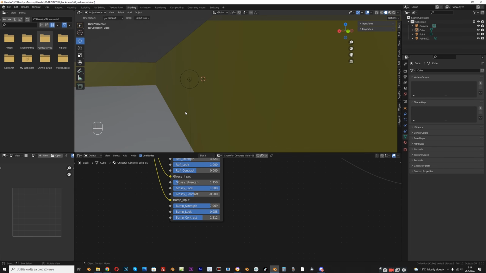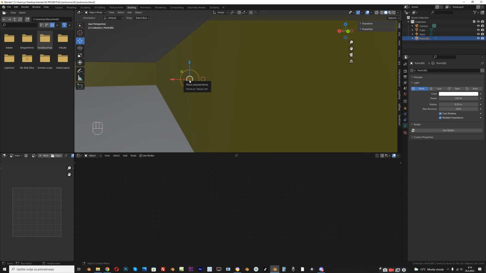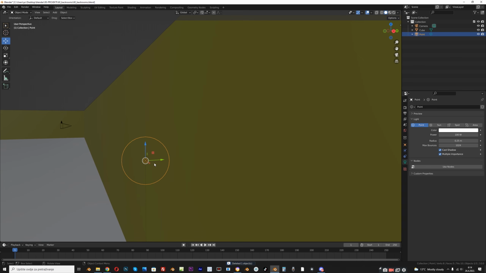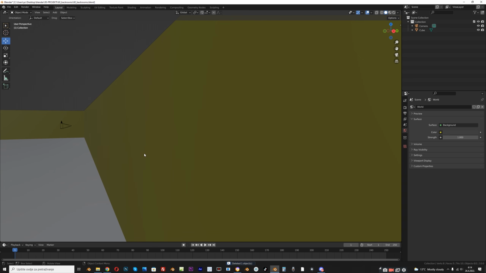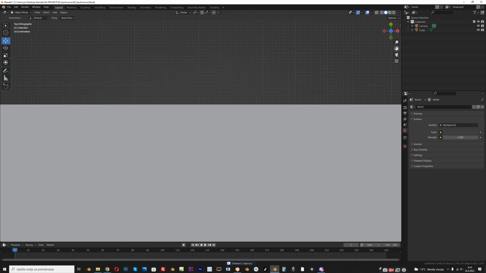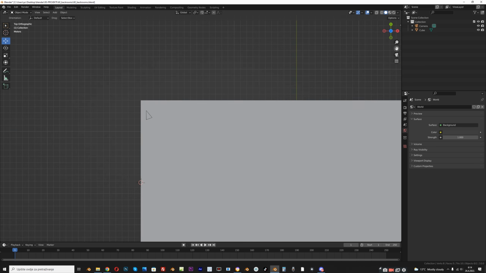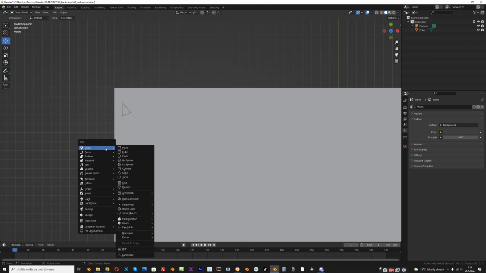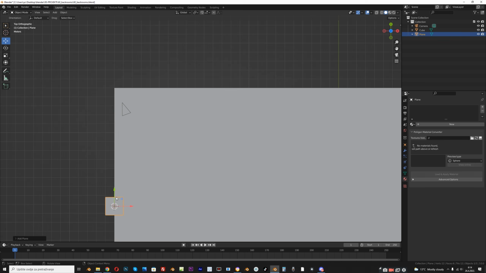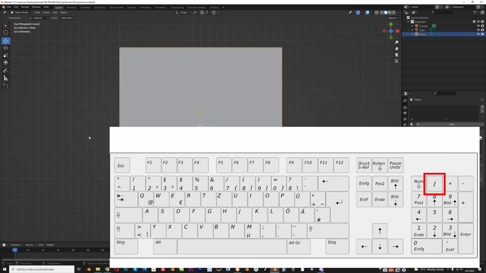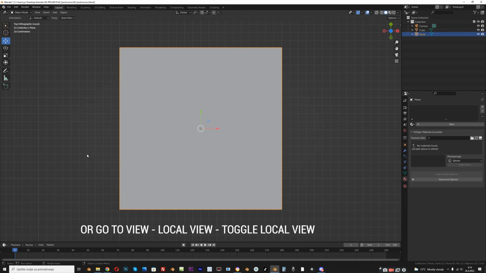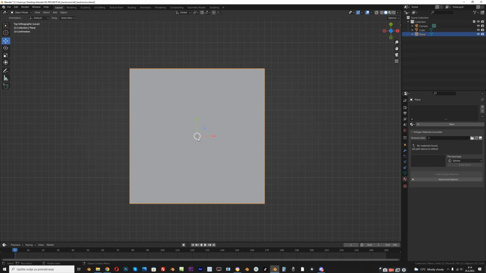We can now create the ceiling, so I will delete this light we don't need, and another one here, and with numpad 7 go to top orthographic view, Shift A and create a plane. So I will now press numpad period key to isolate only this object, and if we press this again we go back to our scene. So now we can work with only this object, and I will press N on the keyboard